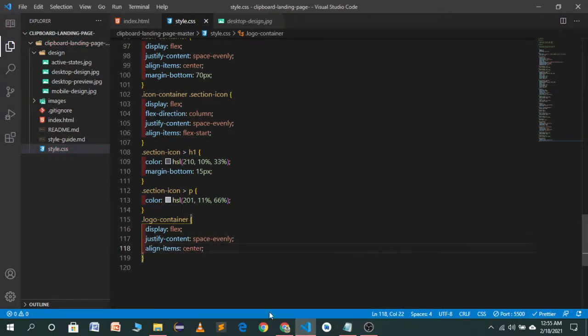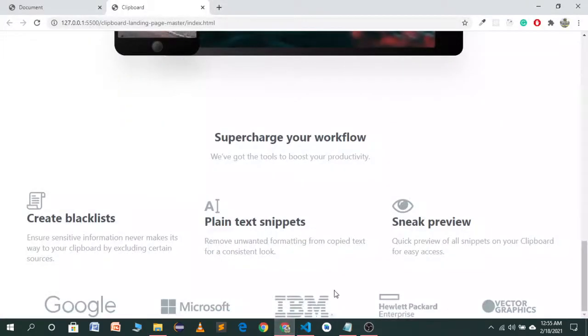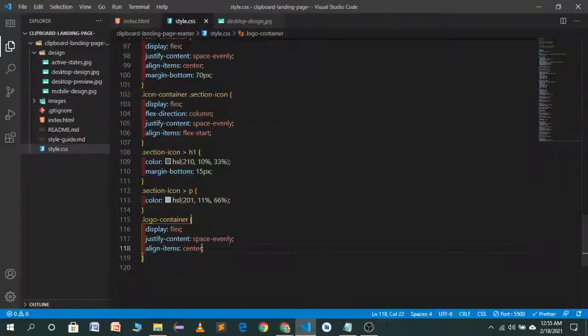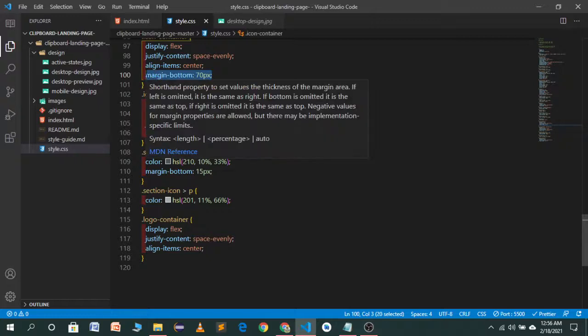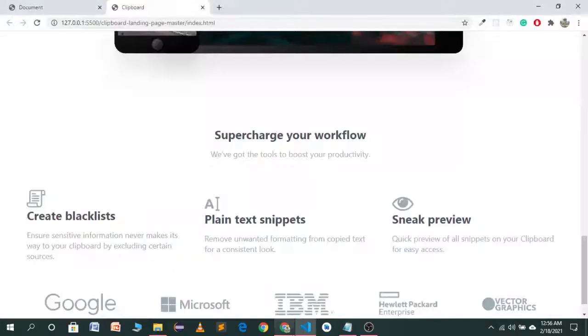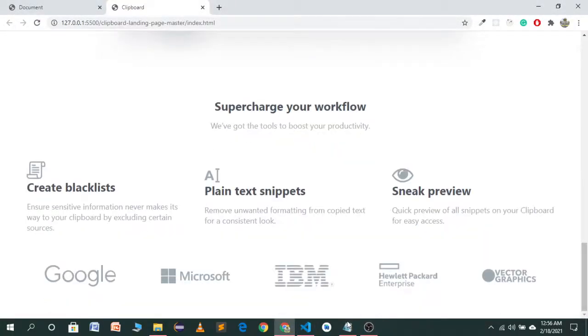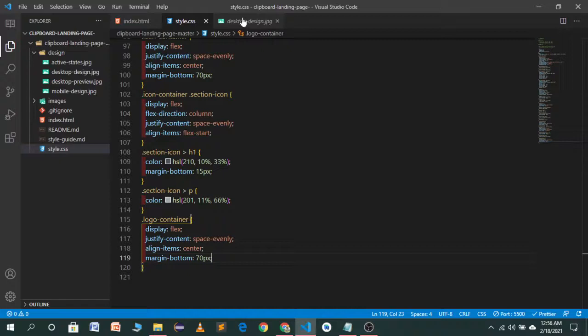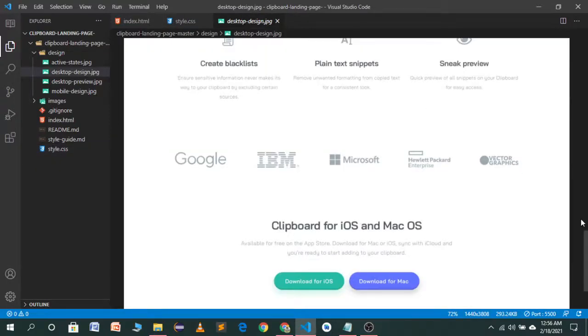I hope it will look good. Yeah, it's looking great. We just have to give it a margin bottom of the same one, 70 pixel. It's looking nice. So let's move to the next section.